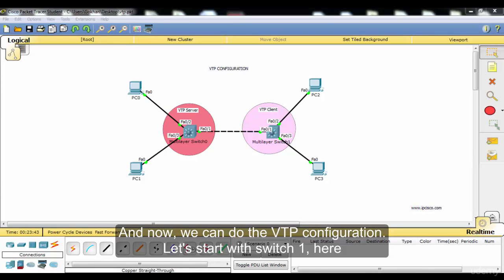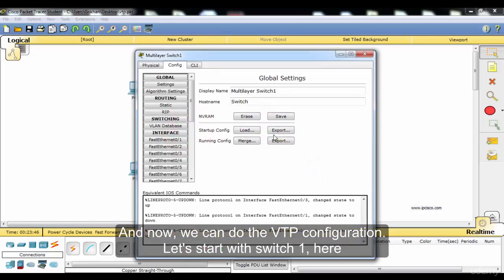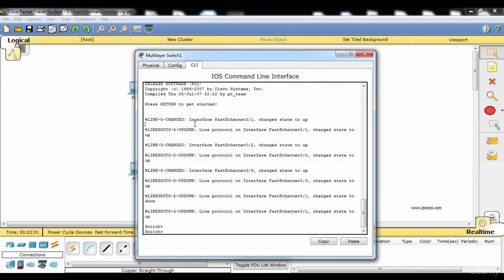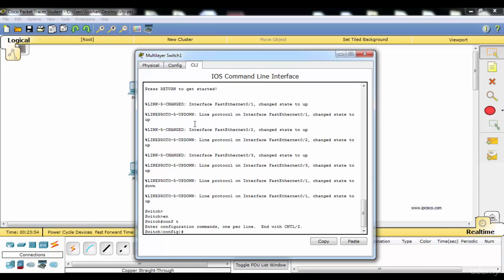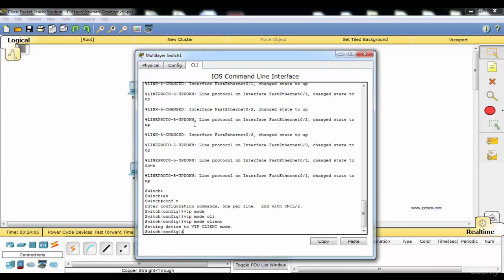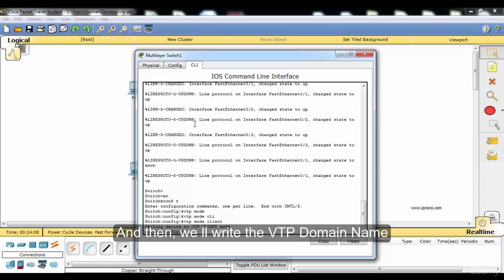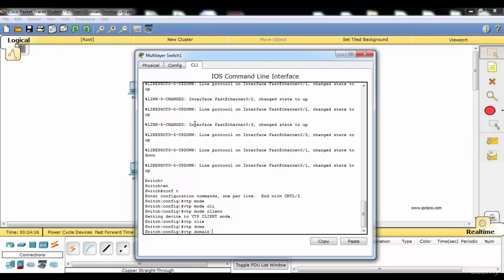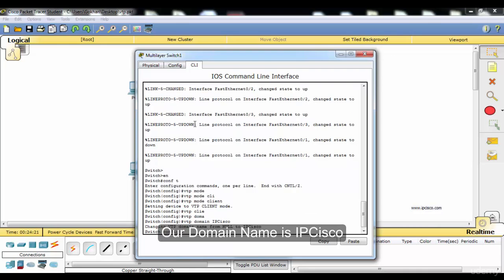And now we can do the VTP configuration. Let's start with switch 1 here. Here we are saying that this switch will be in VTP client mode, and then we'll write the VTP domain name. Our domain name is IP Cisco,